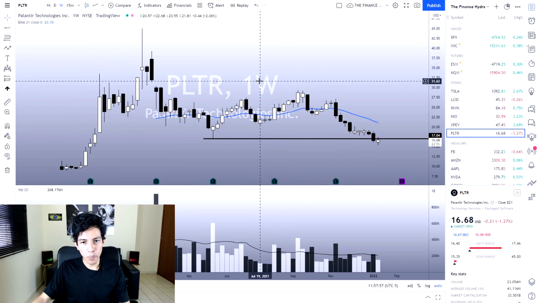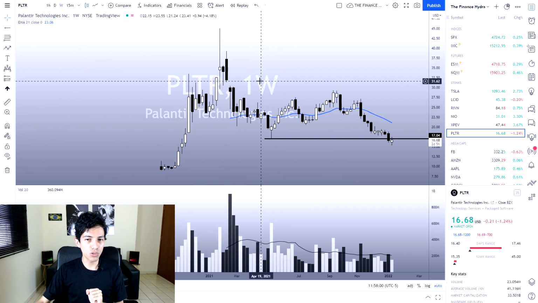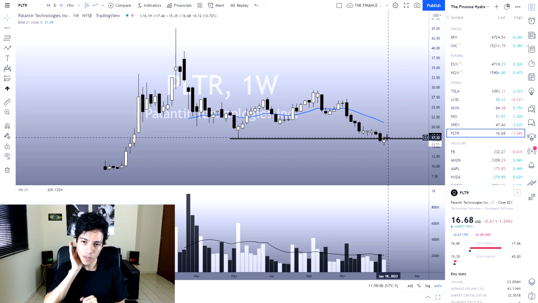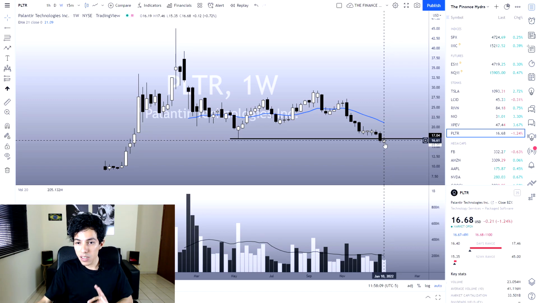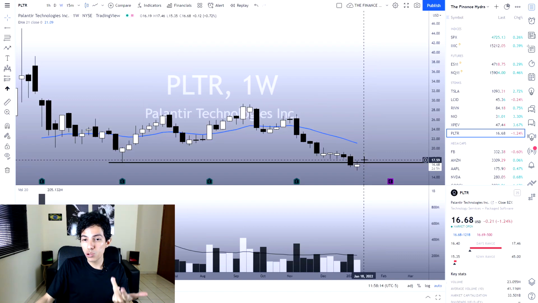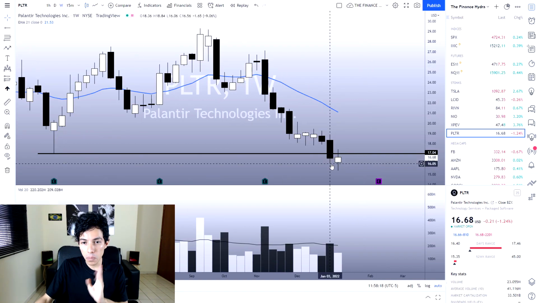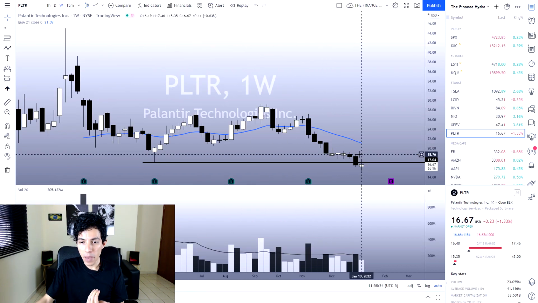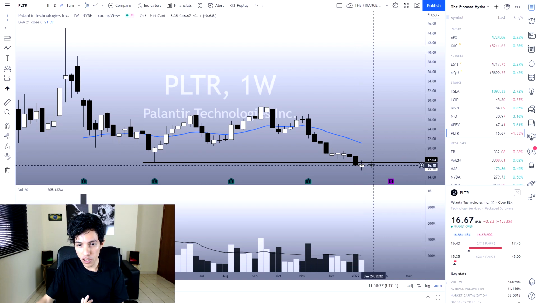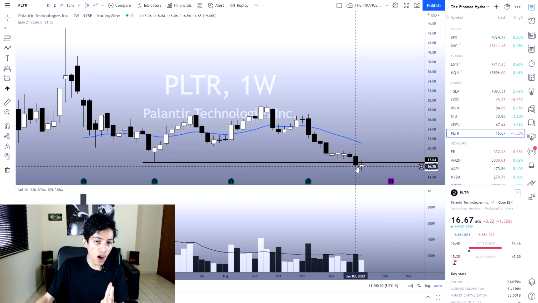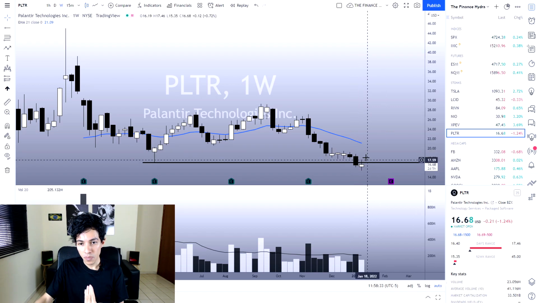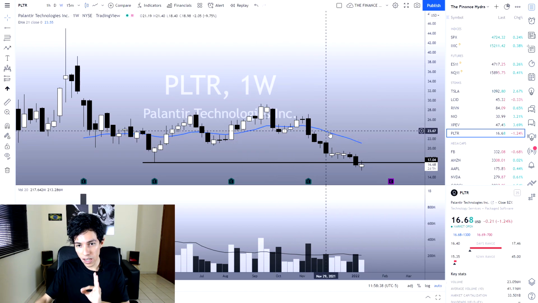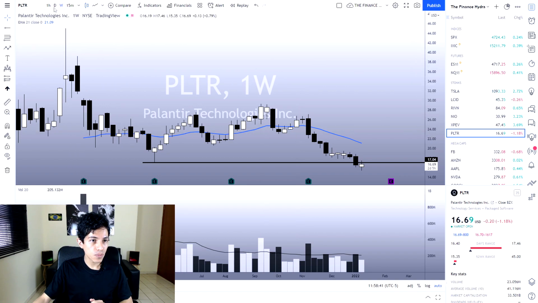So, right now, Palantir. Remember that I told you guys last week, if we see a bullish candlestick on Palantir right now, maybe it's going to give us a buy opportunity. Well, Palantir is giving us a bullish candlestick this week, indicating to us that this last week's movement might be a false breakout from this support level. If this happens, many people who are shorting Palantir are going to be stopped out, they're going to see an opportunity to book their profits, and this might accelerate the bullish momentum, at least to the next resistance, which is the 21 exponential moving average. If we analyze the weekly chart,